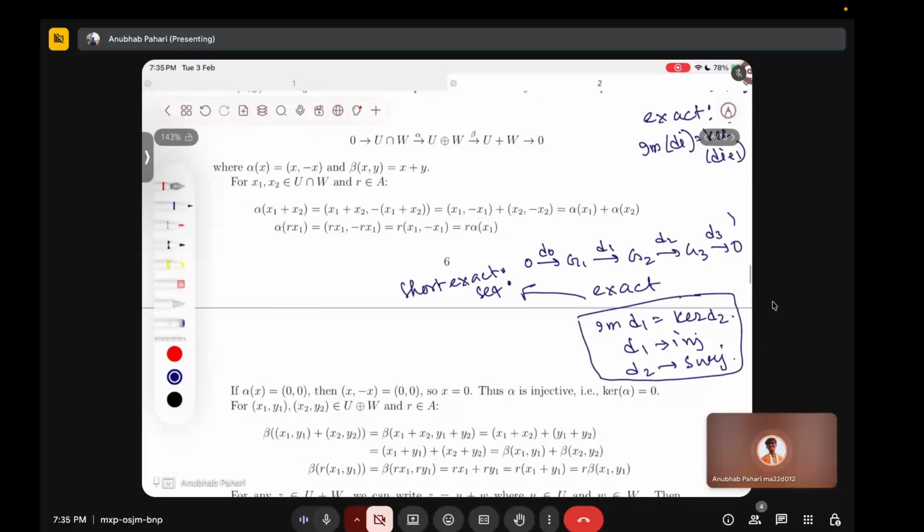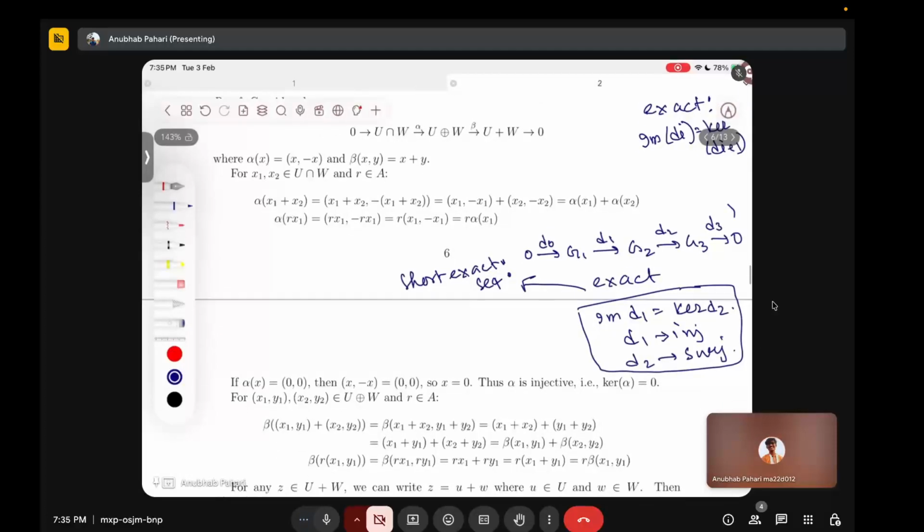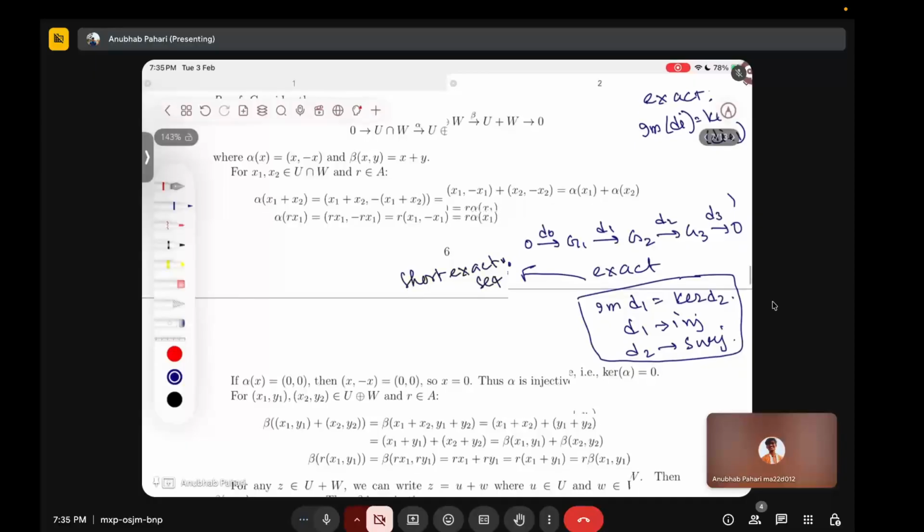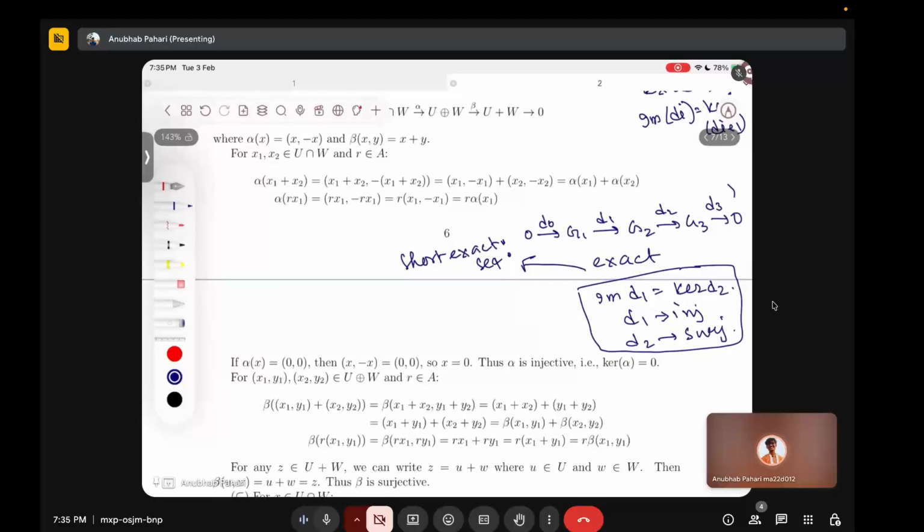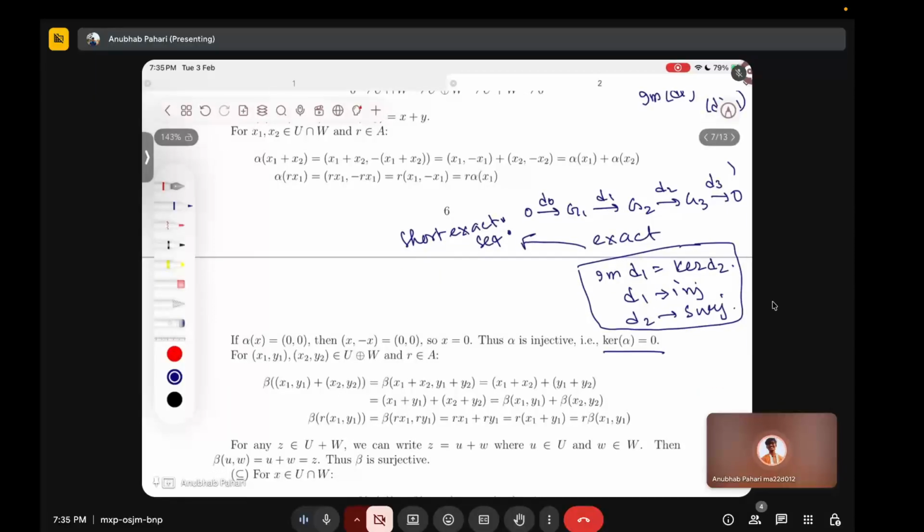So our first aim is to show that this alpha is injective. That means d1 is injective. So let alpha(x) equal (0, 0), then x minus x is 0, therefore x is 0, so alpha is injective. There is nothing non-trivial to do here. And for (x1, y1) and (x2, y2),